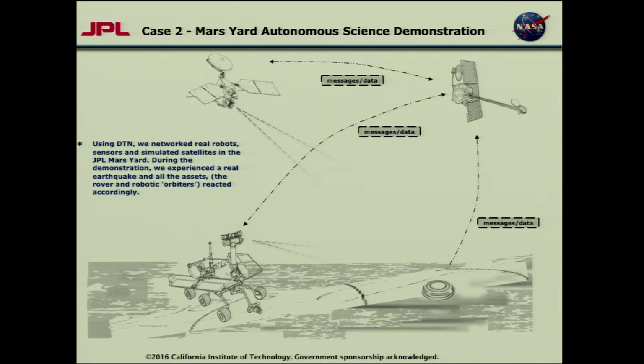We were doing this in the Mars Yard, having lots of fun, just whacking the plate, and things started running around, and things were working. It was really awesome. Then we were in the shed. If you go to the Mars Yard, there's a shed over there, and it's really dusty, and we're all sitting there, just looking out the window. And then we notice everything just starts moving around. We're like, wait, did someone hit the plate? What's happening? Then someone said, I think maybe there was an earthquake. I said, I didn't feel anything. Did you feel anything? I didn't feel anything. So we went to the Caltech website, the USGS website, to check. Okay, what is this? Sure enough, it was a magnitude 4 earthquake.